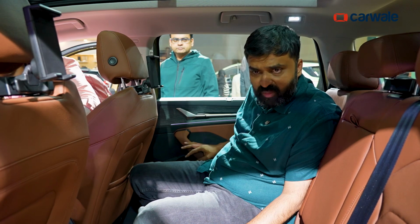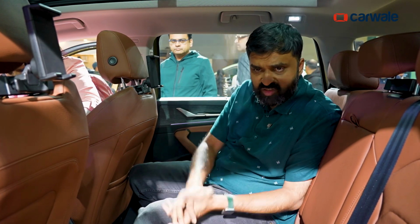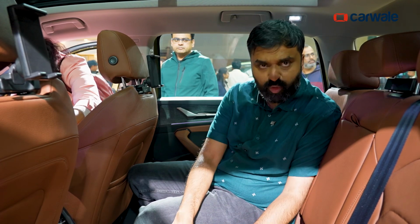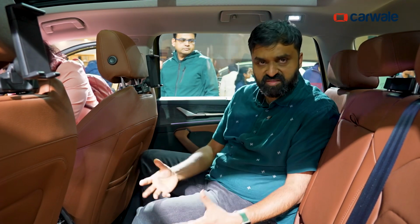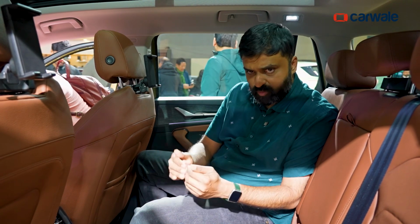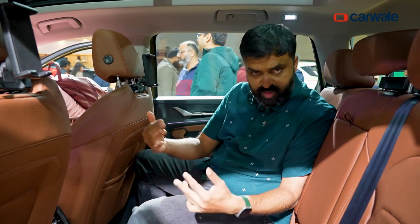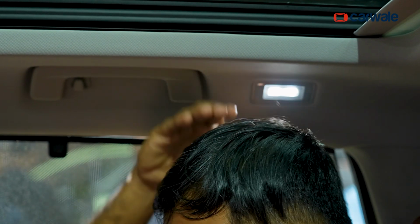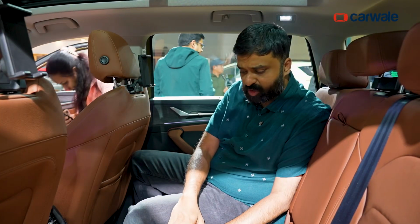You get high quality materials on the doors, quality of plastics used is very nice. You get curtains for both doors, quality of upholstery is quite good, and there's a lot of space inside. This is a significantly larger car than the outgoing model with a larger wheelbase, which means that you actually get more space inside. There's more than enough headroom, shoulder room and knee room for 3 people to sit in decent